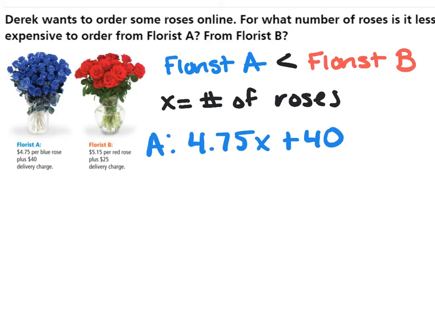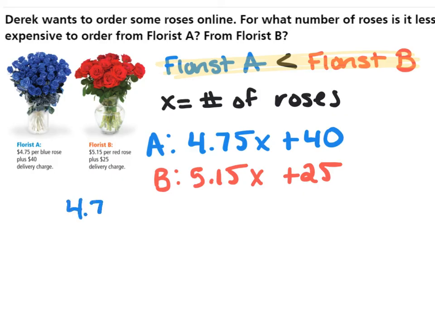For florist B, it would be represented by 5.15 times the number of roses plus the $25 delivery charge. So now if I substitute back into this original inequality at the top, I would have 4.75x plus 40 is less than